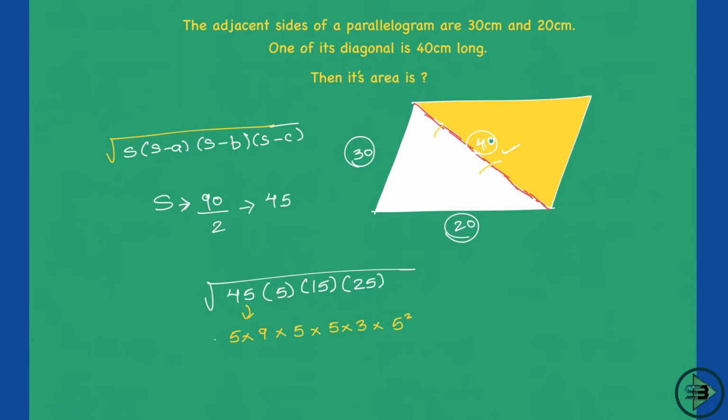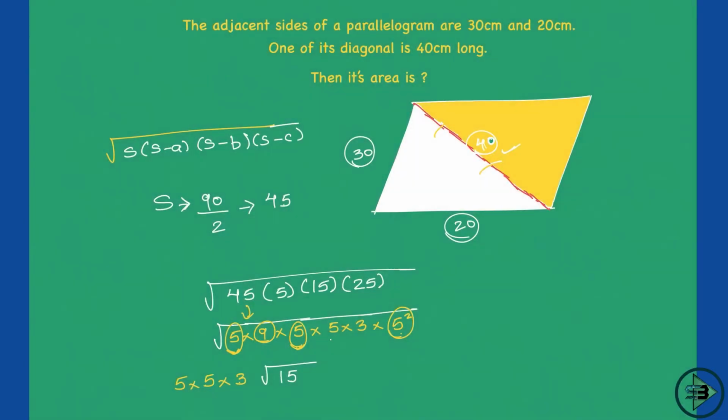Now what can I take out from this? This is the entire thing with the square root here. So let's see what I can take out. This 5 square will come out as 5 here. Similarly, out of this 5 square I can take out one more 5 outside. So 5 is being taken care of. What else? From this 9 I can take out 3 from outside. So this is also taken care of now. Nothing more that I can do. So what you are left with in the square root is 5 into 3, which is nothing but 15.